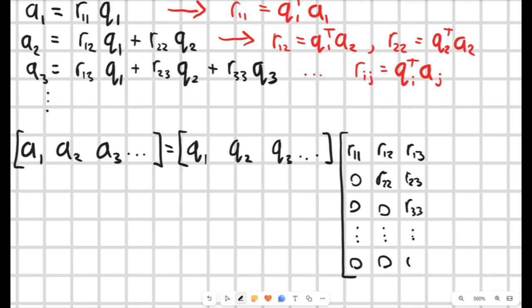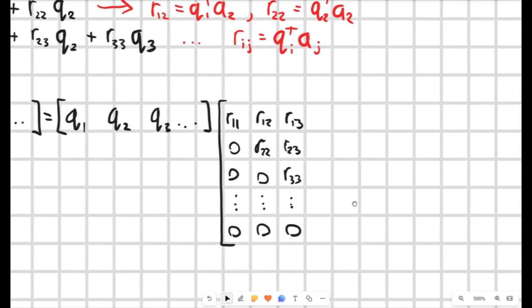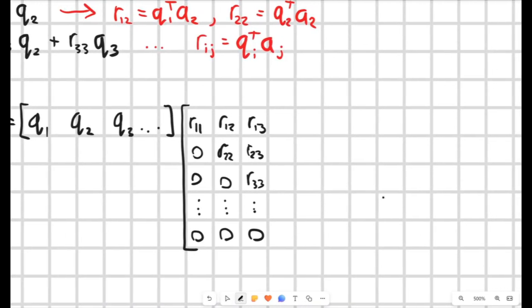And then everything else in that column is equal to zeros. And we keep going like that. Generally speaking, in the end, what we end up with is an n by n matrix where the final column is given by R1n, R2n, all the way down to Rnn,